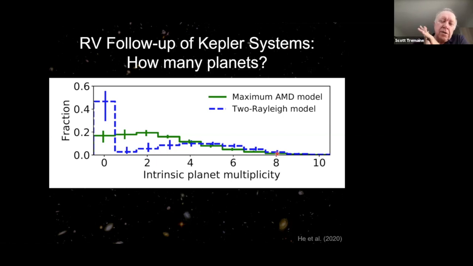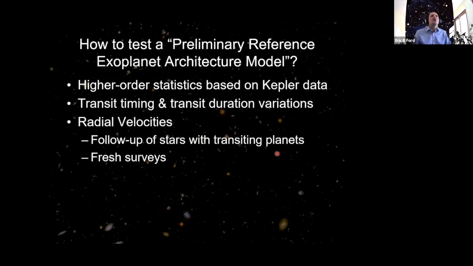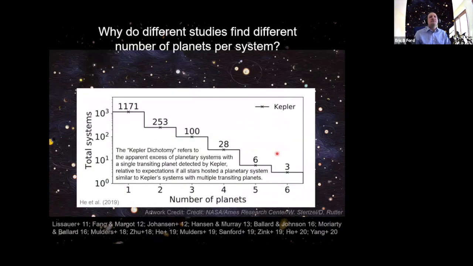So am I correct if you say the simple model is that all systems have a single Rayleigh distribution of inclinations, and it's the same for all systems, that model is inconsistent with the data? Exactly. Right. So that was an example of some of the early models that were invoked to try to explain things. At the time, we viewed those as plausible because we were concerned that some of these single transiting systems might just be some sort of astrophysical false positives. And when we didn't know what fraction of these were real planets, we were concerned about it and said, well, maybe there is just one set of planetary systems with a single Rayleigh distribution that worked.